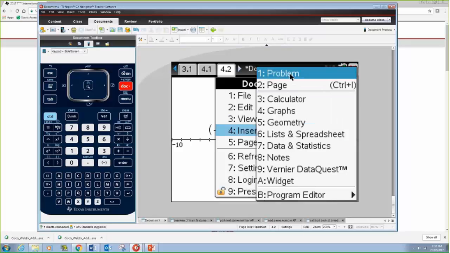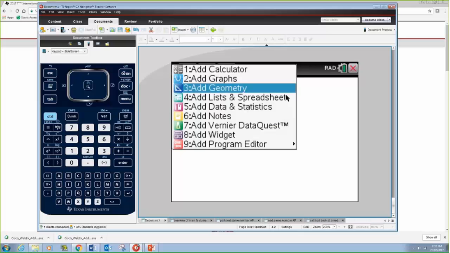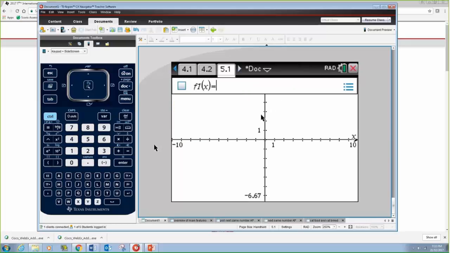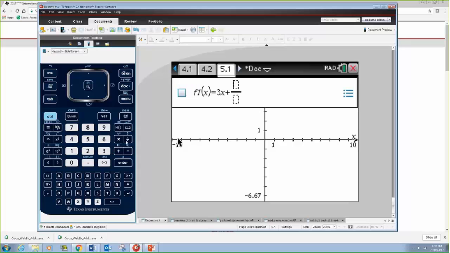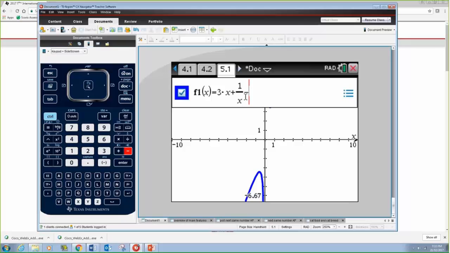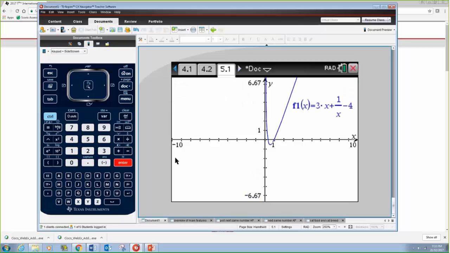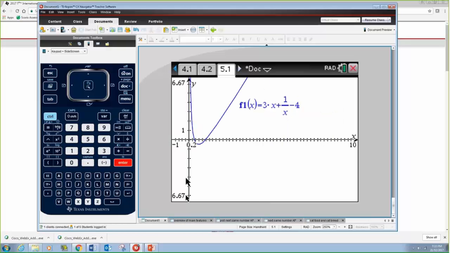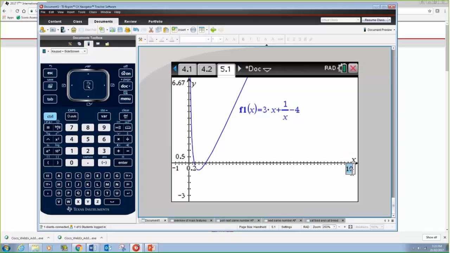and we have a new problem, and we'll start with the graph. So we have 3x plus the fraction 1 on x, minus 4. So this is the graph. I might change the window slightly to see more of the graph here, because that will be easier to construct this